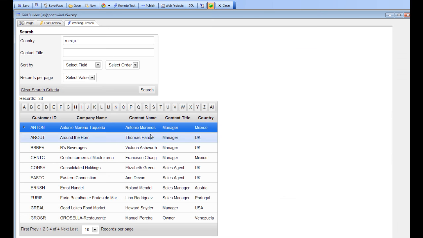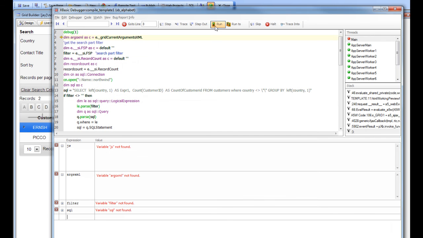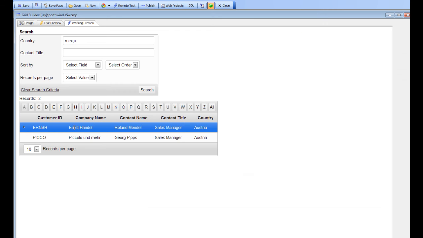So there's our component. If we put our mouse over the all button, it says 33. If we look at the A button, there are now 2 records. So let's click that and run. Here are our 2 records, and there are the countries that have the letter U in them, which is Austria over there. So what we've shown is how you can use your own XBasic code in an Ajax